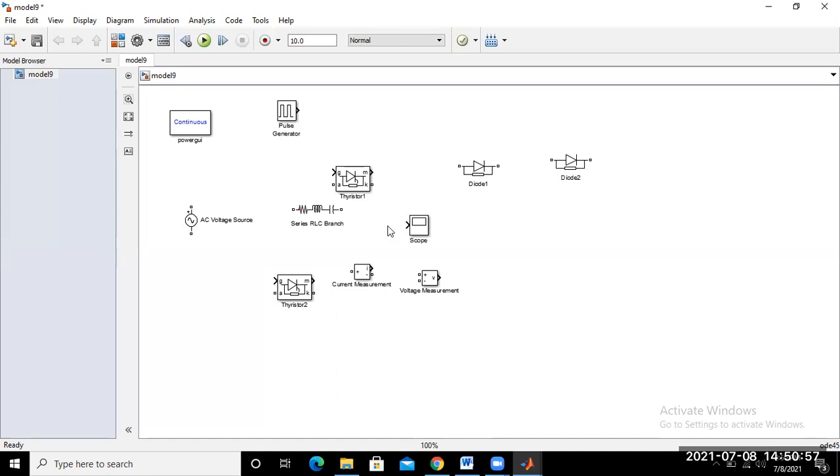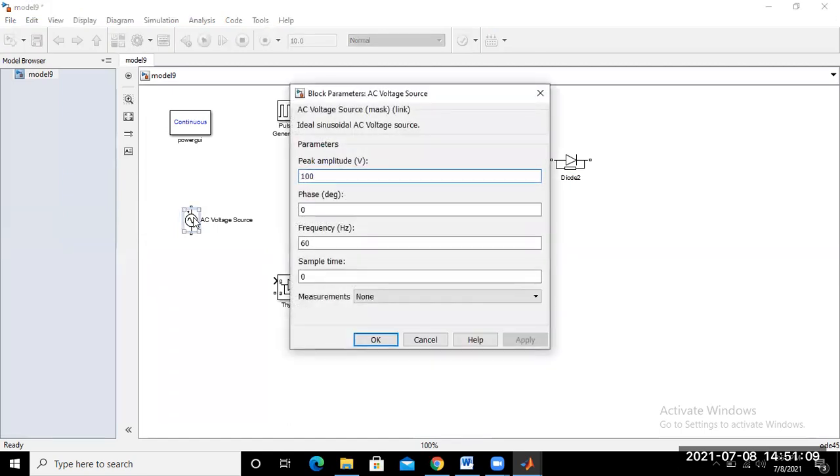Now one by one, put in the values of the AC voltage source, that is the single phase AC voltage source. What is the peak amplitude for the single phase AC voltage source? If 230 volt is your RMS value, then if you multiply by root 2, it will be equal to the maximum value.